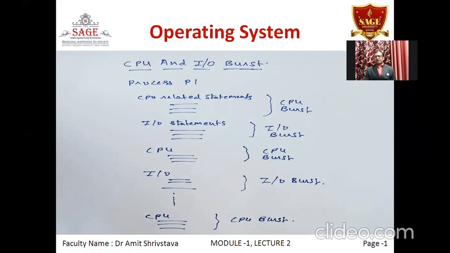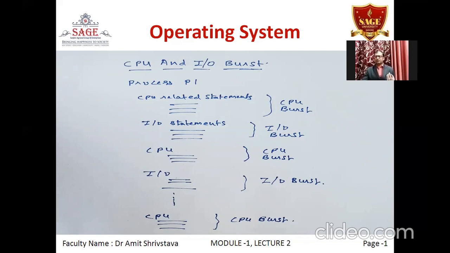As I've already told you, any process is nothing but a combination of either CPU related statements or input output related statements. Let us say I've got one process P1 and I've got 5 statements of CPU. After that CPU, obviously some input output statements will be there, let us say 10, 20 input output statements. After the IO statements, again there will be CPU statements and so on. So in an alternate fashion, we have got the CPU and input output statements in any process,